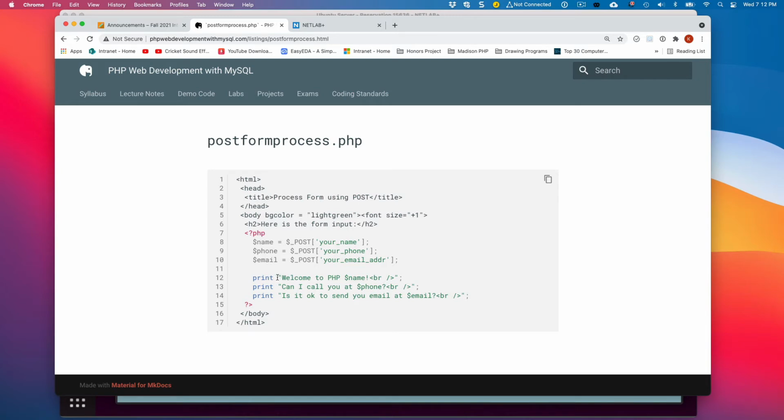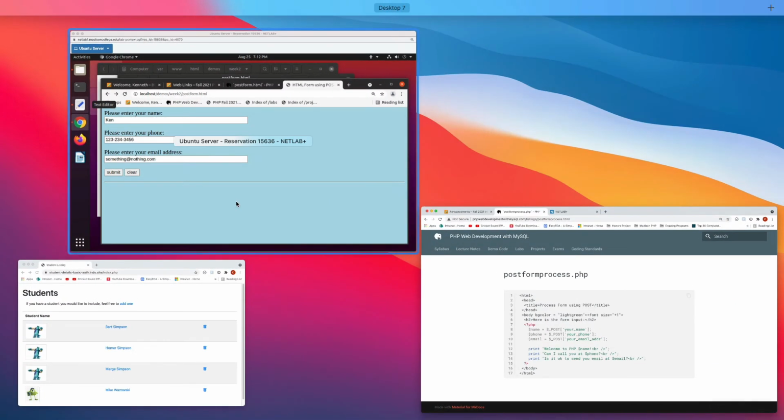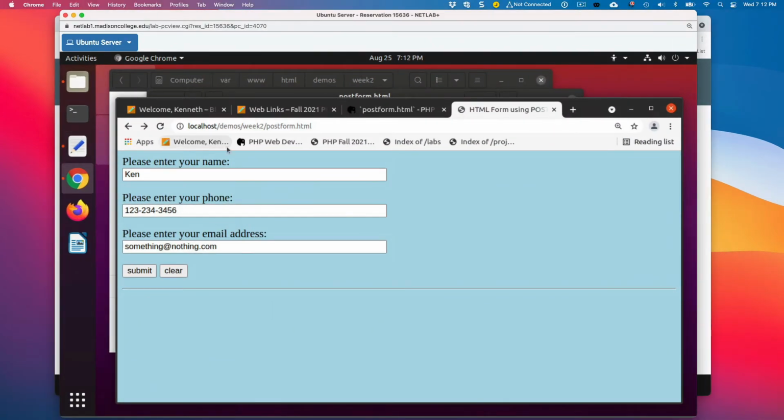And then notice I'm using string interpolation right here to output the contents of these variables. Okay, so welcome to PHP, whatever your name is, can I call you at whatever your phone number is, is it okay to send you email at this email? So let me copy that. I can't do it here. Remember, got to be in the